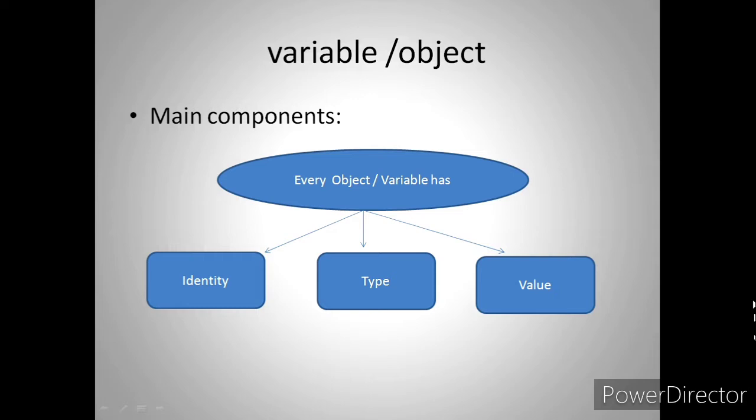So the strings, we have come to know, can be written either in single quotes or in double quotes. To get the id, we write id and the name of the object, or the name of the variable, or the name of the value. For type, we write type and the object name. The value itself is known by what it is being referred to, the variable which is referencing the value.